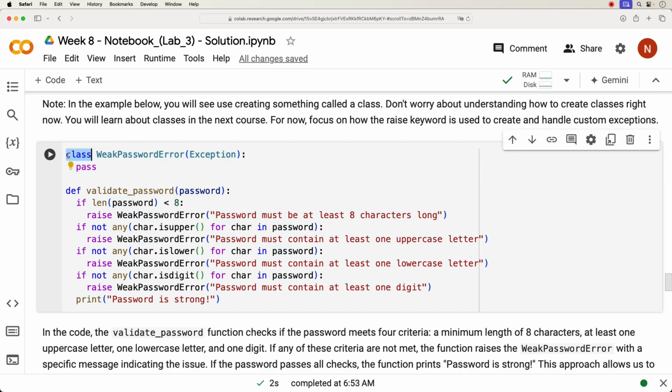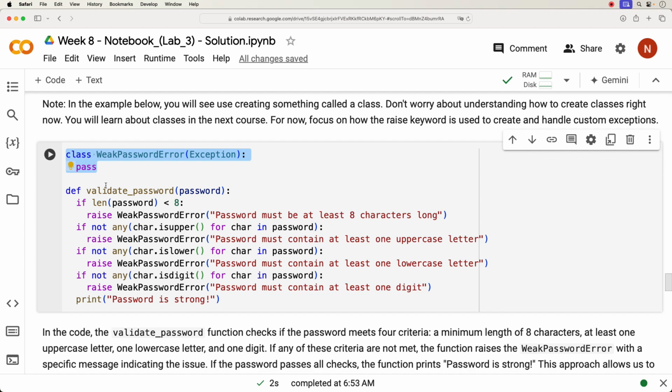Again, class is a reserved word in Python. This is the class's name. This is the name of another class that this class will inherit from, followed by a colon, followed by the word pass, which is another reserved word. Basically just to say that, hey, WeakPasswordError is going to inherit everything in Exception, but nothing's going to run. But it's going to inherit everything that's in here. Again, if this is too confusing, please don't worry and ignore everything that I said about these 2 lines of